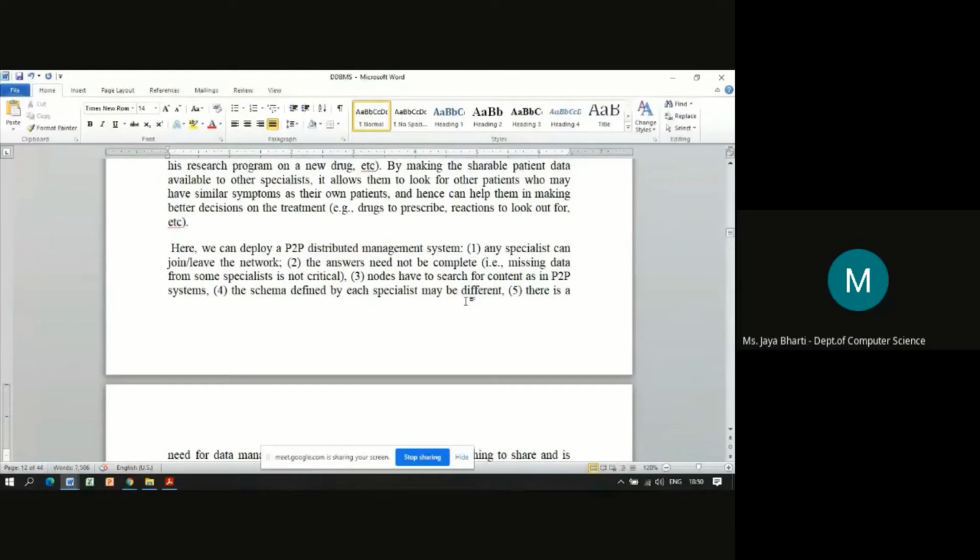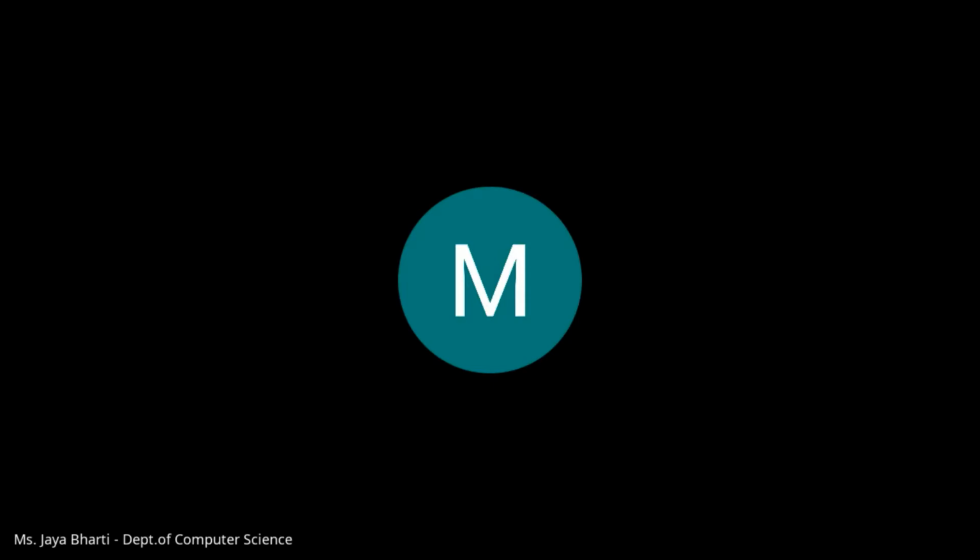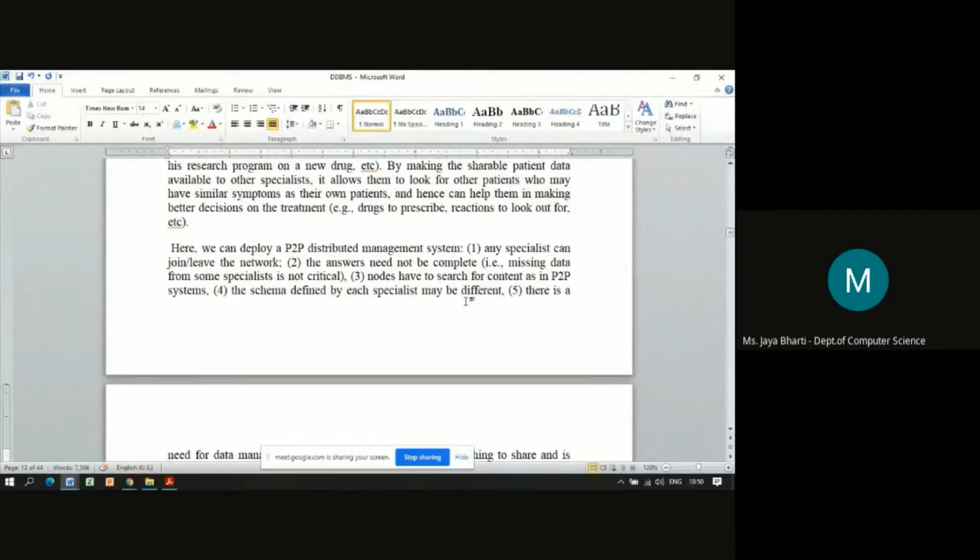The second is the answers need not be complete, that is, missing data for some specialist is not critical. Third, nodes have to search for content as in P2P systems.